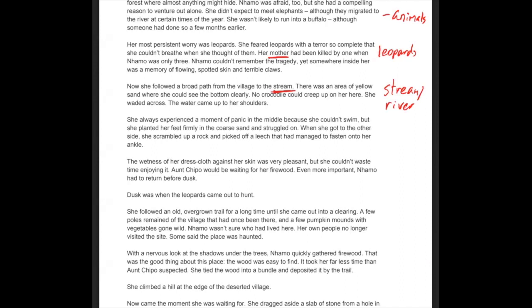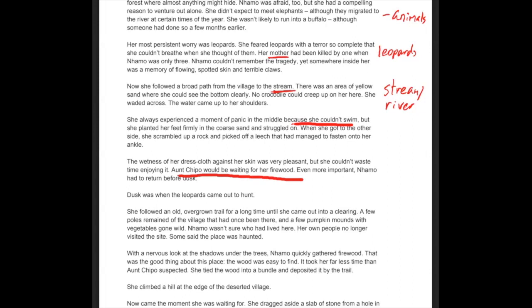So something like, because she couldn't swim, that might come in useful. If it asks what kinds of things she's fearful of, or what causes her panic and why she's panicked as she's crossing the river, those are some clues that may help out. Another thing would be something like, the aunt who was waiting for her firewood. Before, it mentioned that she had a very compelling reason to go despite her fears, and over here, it seems like this is one of those compelling reasons. Of course, as we read on, we'll find out further.